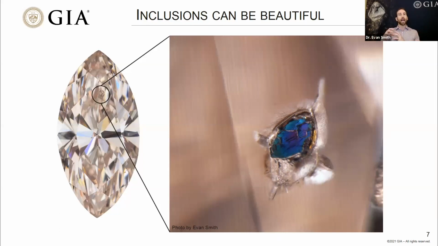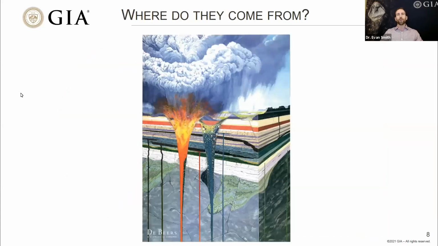So inclusions are trapped inside the diamond, and they're actually trapped while the diamond forms. So a natural question, besides what is this material, is where is this material from? And for that, we have to think about where diamonds come from. Where do diamonds come from? Well, we find them at the surface of the earth. We mine them quite often from these primary volcanic deposits. These are quite often kimberlites.